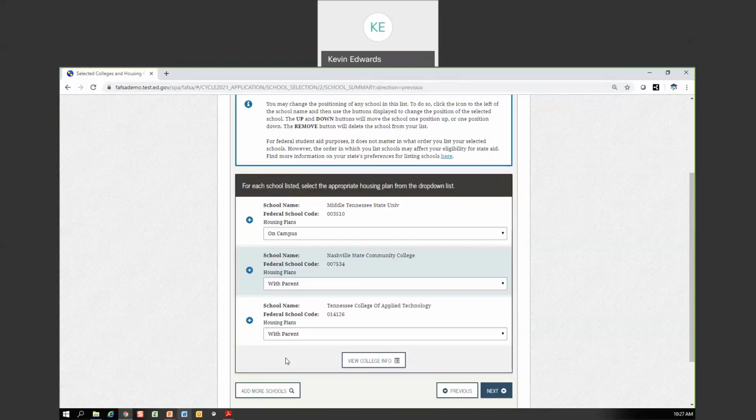So several years ago, folks, on the FAFSA, in this case, I'm sending my FAFSA to Middle, Nashville State, and TCAT Hohenwald. When Middle receives my FAFSA, only Middle will see that I indicated Middle on my FAFSA. When Nashville State receives my FAFSA, only Nashville State will see that I put them on my FAFSA, and the same applies to TCAT Hohenwald. There was concern that some colleges out there were using the ranking from a scholarship perspective,